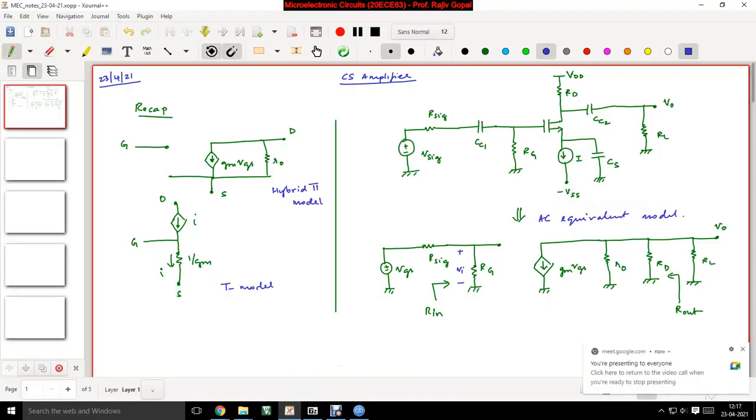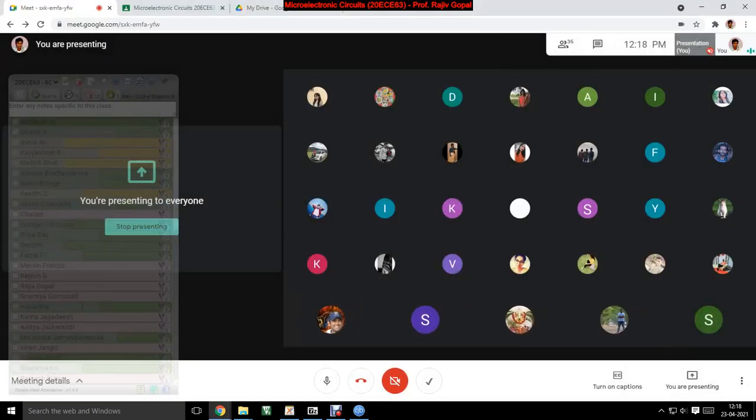Okay. So in the last class, we started with CS amplifiers. To briefly recap, we saw the amplifier characteristics: Rin, the input impedance of the amplifier. Then we saw the gain of the amplifier, the voltage gain, and then the overall voltage gain. When I say gain of the amplifier, it is the output of the amplifier divided by Vi, the input to the amplifier. When I say overall gain, it takes into consideration the signal also, the input signal which you give. Then we saw Rout, which is the output impedance of the amplifier.